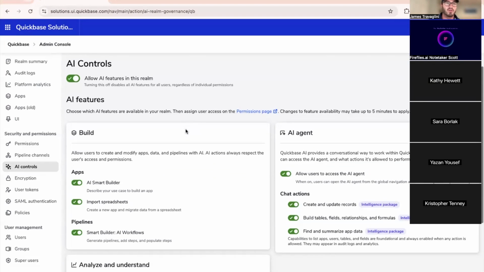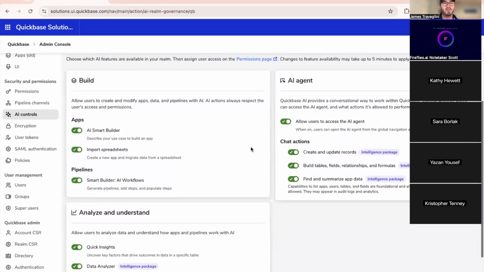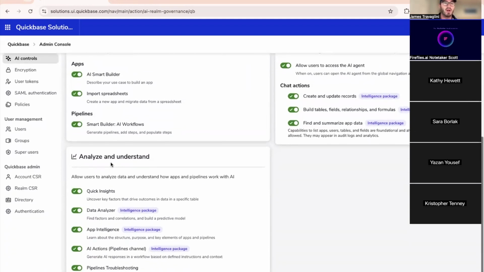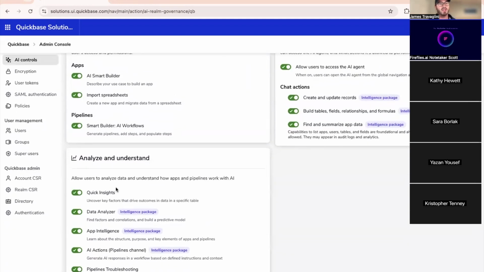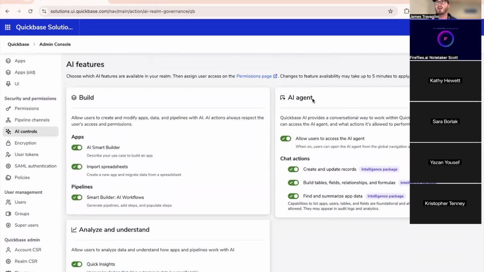So from here, you can turn all AI on and off, and then from there, you have the ability to toggle on and off various ways to build with our AI, various ways to analyze and understand your data through AI, as well as the agent itself and the various actions you can use within the agent. So from there, you have the ability to create and update records, build fields, relationships, formulas, or summarize